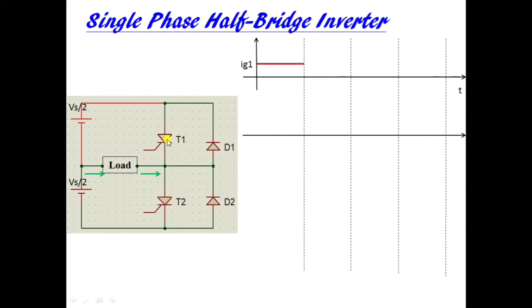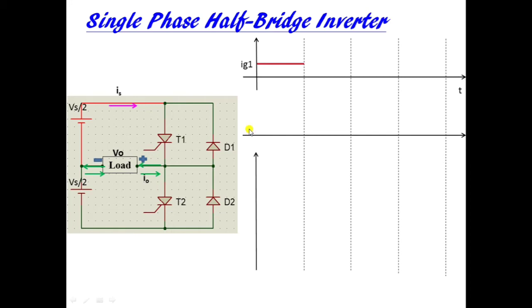So when thyristor T1 is turned on, current will flow in this direction. This is source current Is. It will complete its path through T1 and through the load. So this is the load current. In green arrows you can see the current is flowing in this loop. This is our load current I0, which will have a voltage drop across the load, which is V0. So V0 will have positive, negative polarity. This will give you the first half cycle of your alternating voltage.